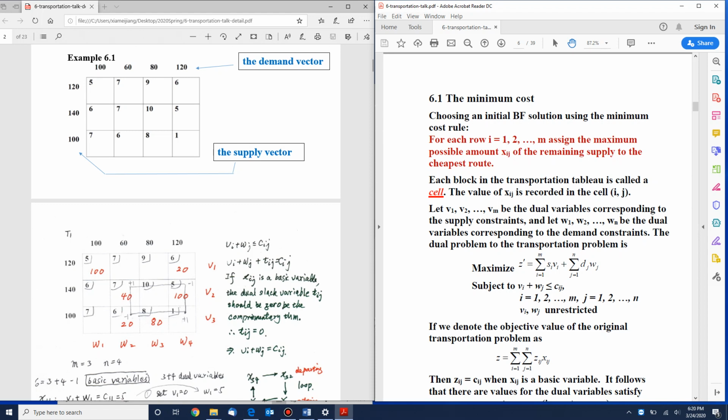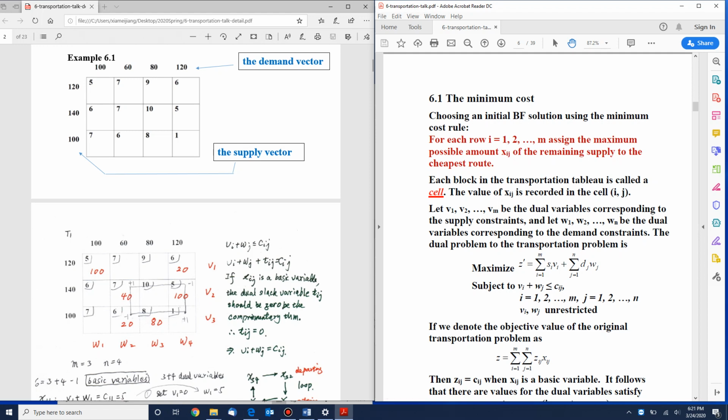And you could see that in source 3 we have 100 units there, so we just put that 20 into the second block in row 3 and then 80 in the third block in row 3. So in this way we fill the first tableau, that gives us